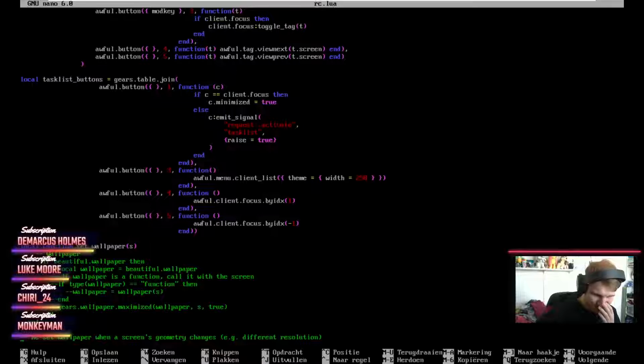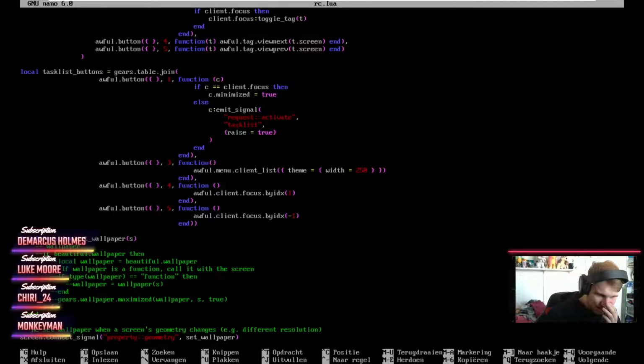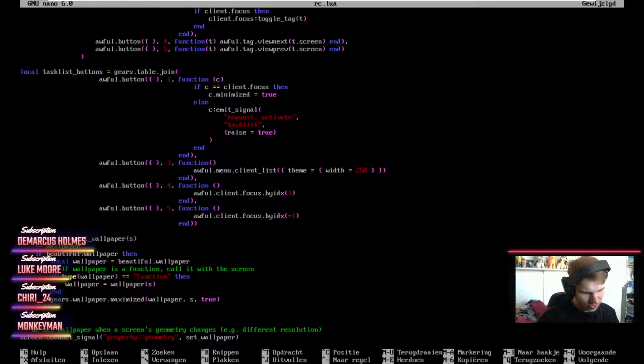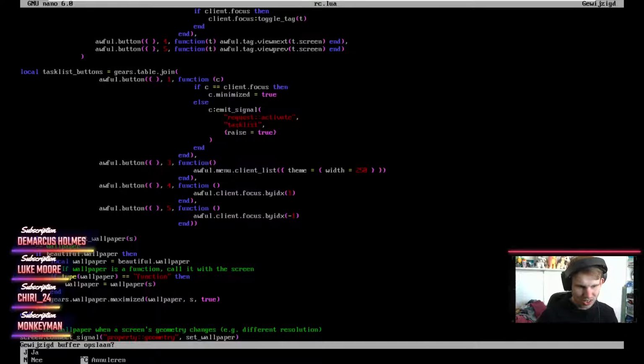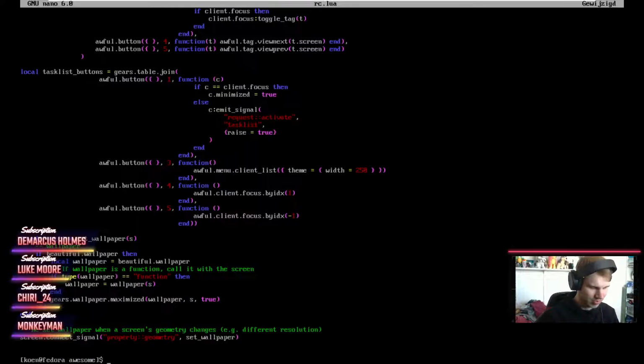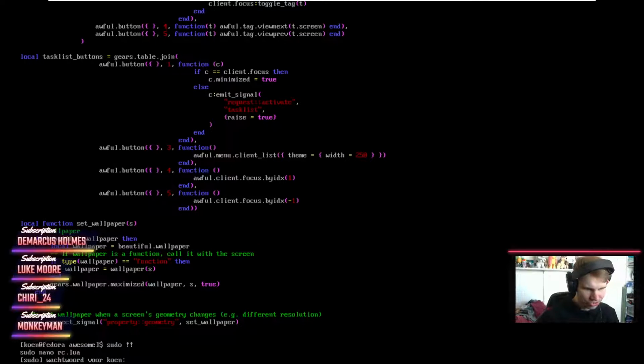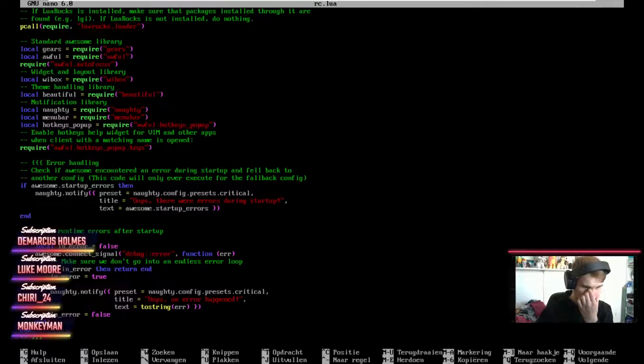Okay, so we definitely do not want all of this to break. Oh, I need to... Again, I need to do that as sudo, not as just a regular user.